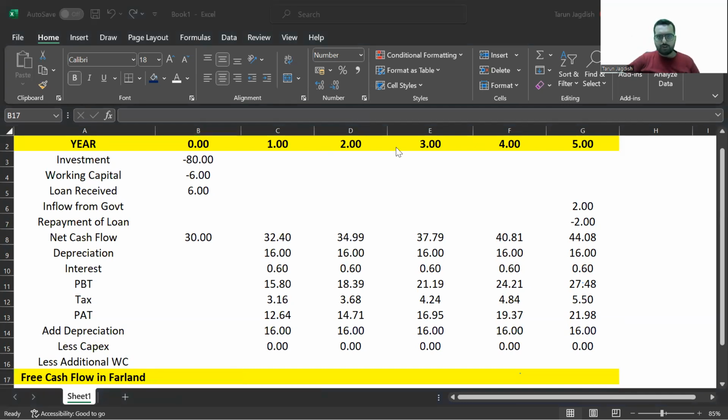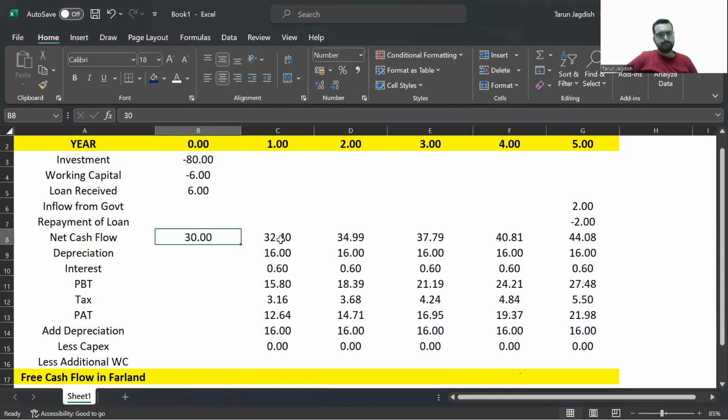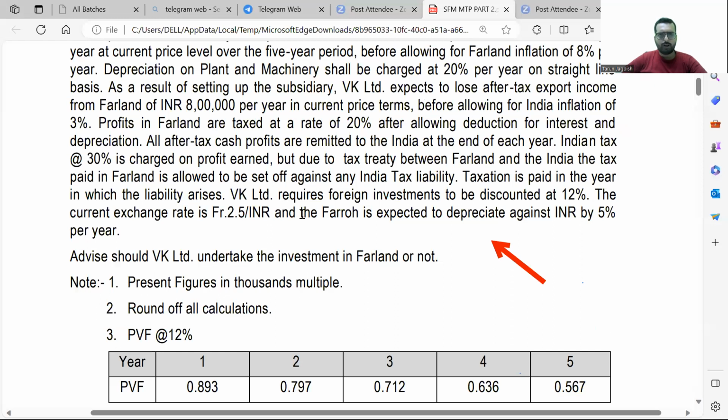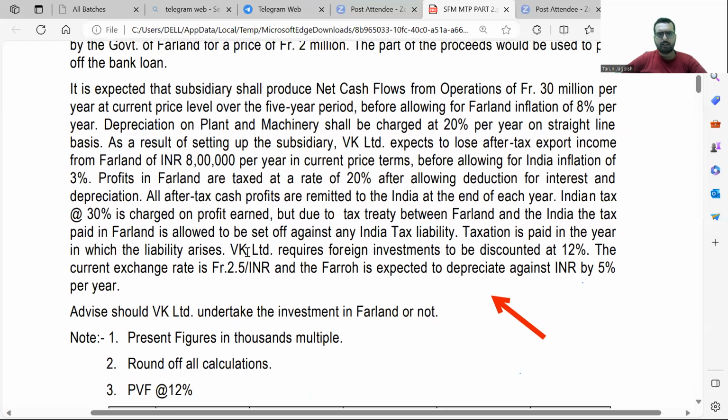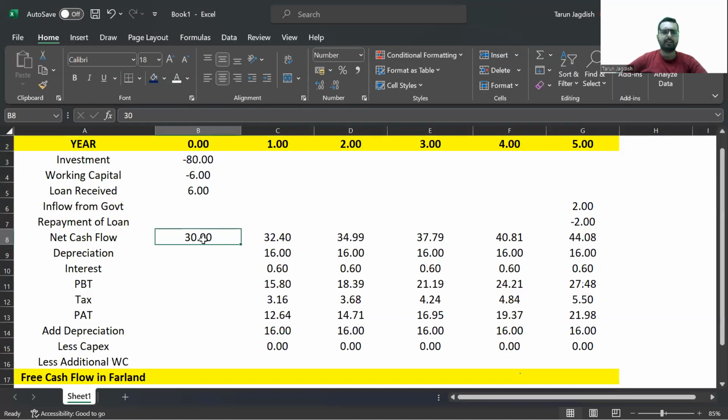Yes, Deepika, you have a doubt? Tell me, Deepika. Sir, the net cash flow for operation is 30 million per year. Is it in from the year 1? Why are we taking it from year 0 itself, sir? 1 minute. Let me just understand that part because in the question, what have they told? They have told that it is expected that it shall produce a net cash flow of 30 million per year at the current price level over the 5-year period. Okay, see, basically the 30 million come here, but here it will come as 32.4 because